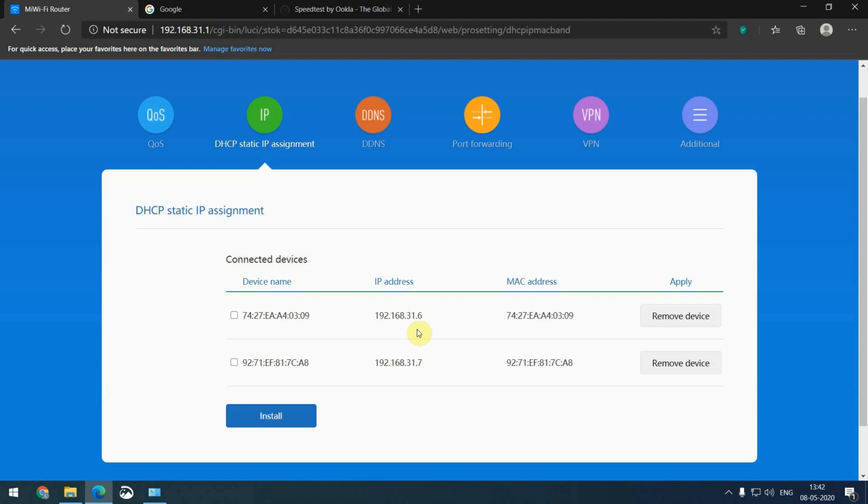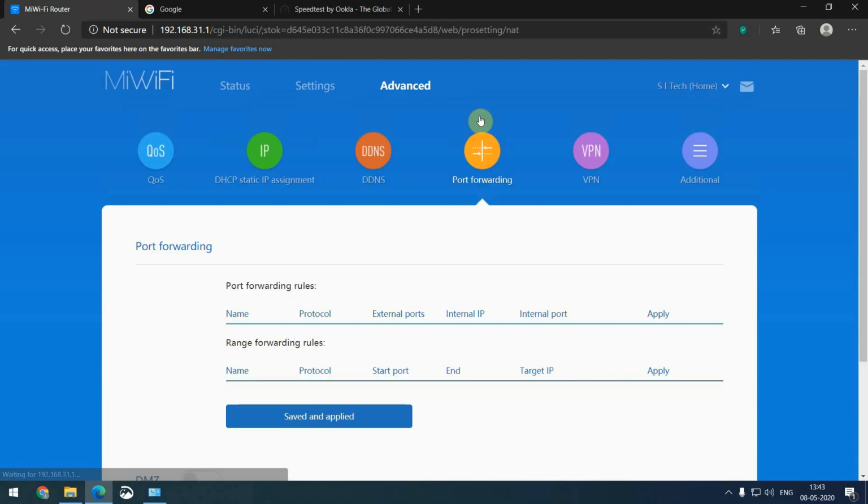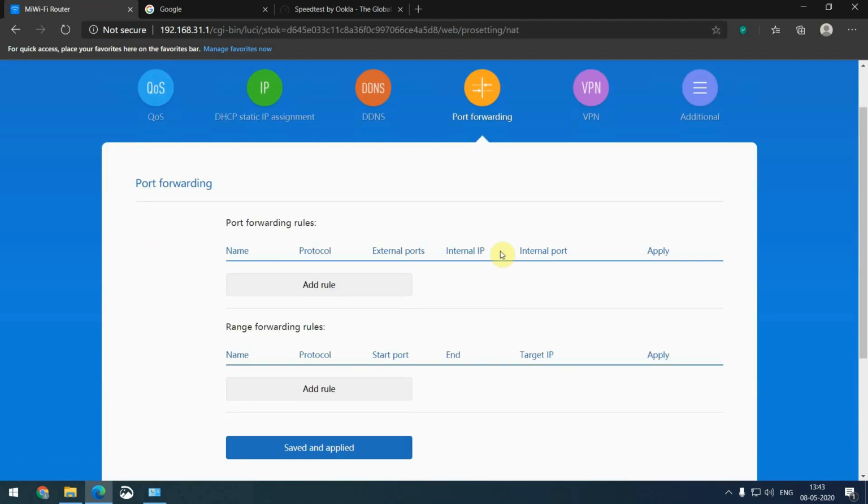So this is the use of DHCP static IP assignment. For some servers and some devices like CCTV, we need this feature. The IP needs to be constant for connecting to the devices.